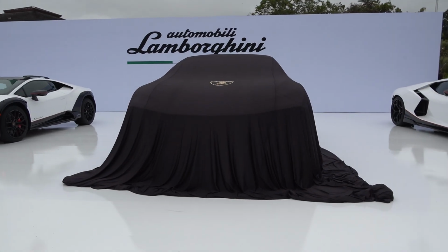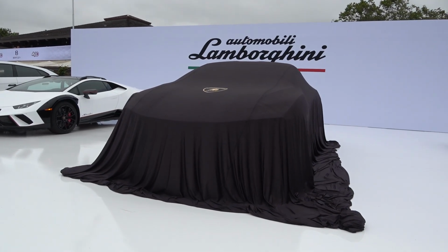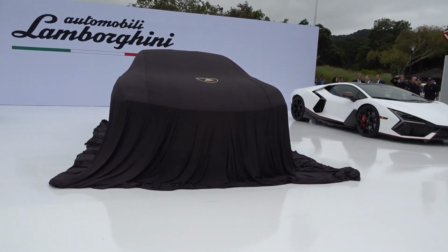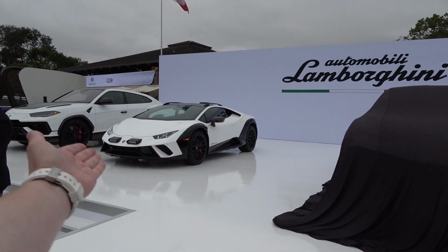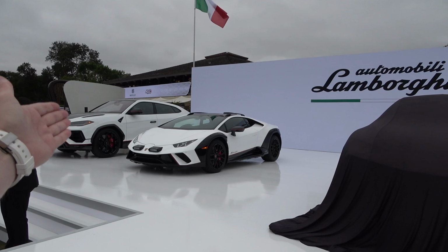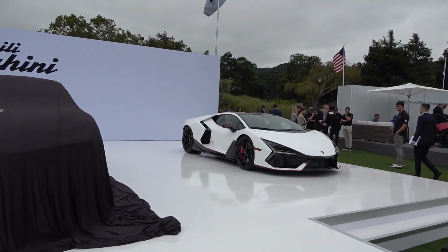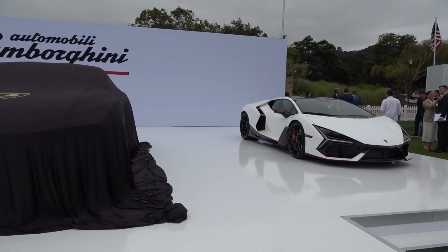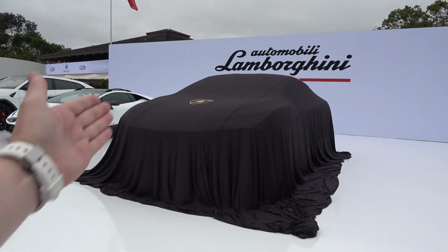Under this cover then, center stage, is the car that we have come to see. Of course, we know it's a fully electric powertrain in a Lamborghini. More on that in a moment. It is clearly raised up when compared even to the Stile, which already has some big influence from the Urus, that being the Urus Super-SUV, plus of course Revuelto, the new V12 hybrid, super verging on hypercar from Lamborghini. But these covers will be popped back in just a moment and we can take a full look at the